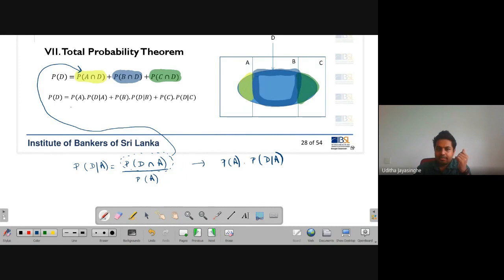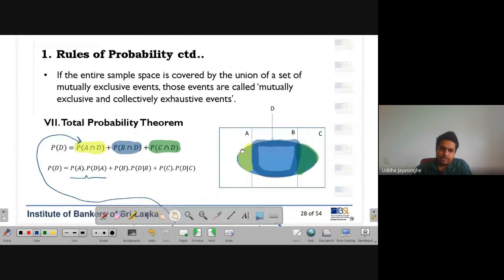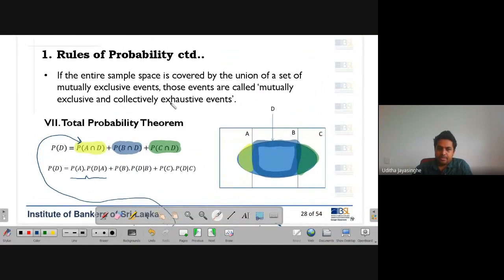So that's why this lengthier equation is given in this way. Similarly, for all the other instruments, you can put up the conditional probability portion also, provided you know those conditional probabilities and the individual probabilities, or you can write it in the intersection phase also. So if I read you through the text, if the entire sample space is covered up by the union of